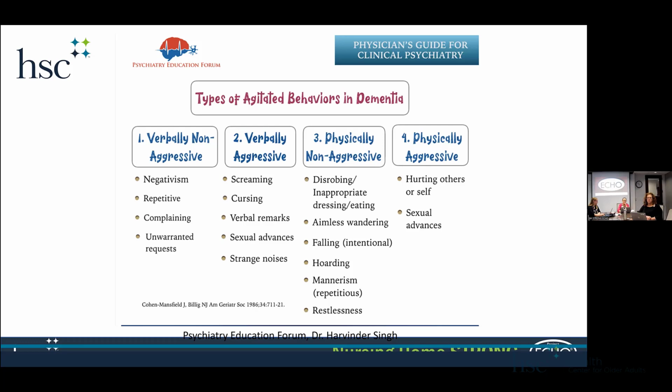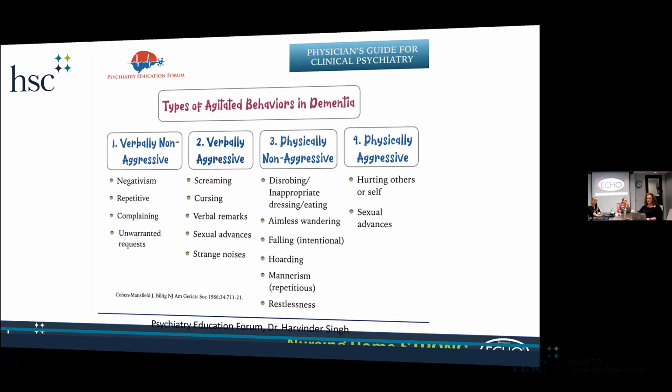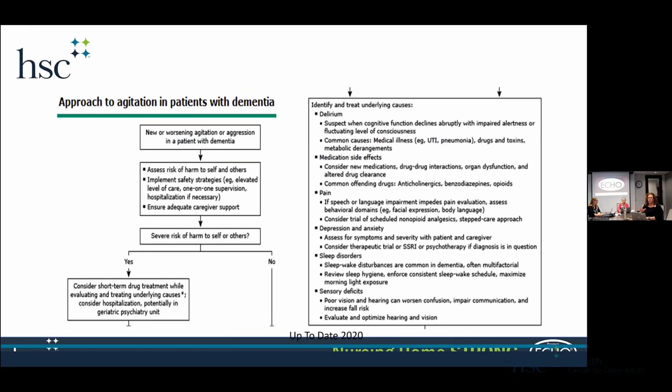So in terms of looking at how to approach these behaviors, and this is kind of a complicated chart, we don't have to go through all of it, but the main thing to know about this is, first we have to determine, is the patient at risk? Are they going to hurt themselves, or are they going to hurt someone else? That's the first thing, and trying to find a way to get them out of harm's way. So in these types of patients, we might use some kind of drug treatment to help calm them down. And while we